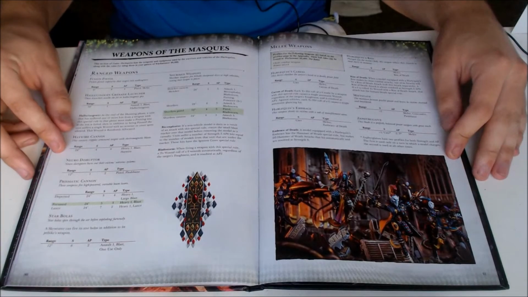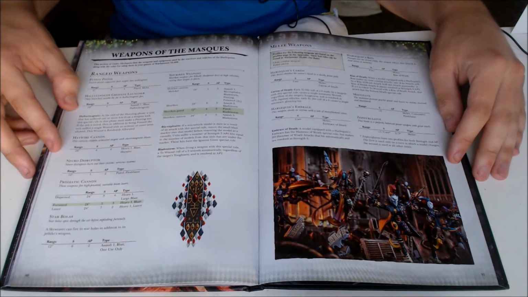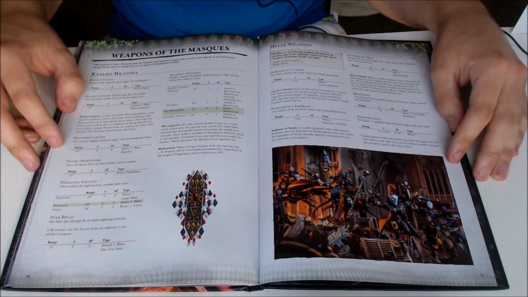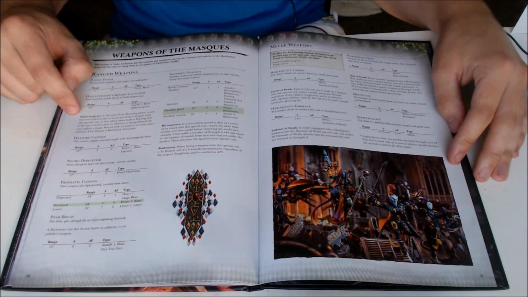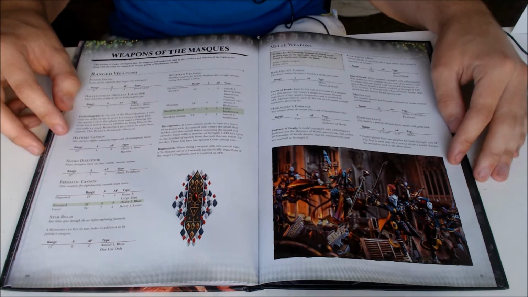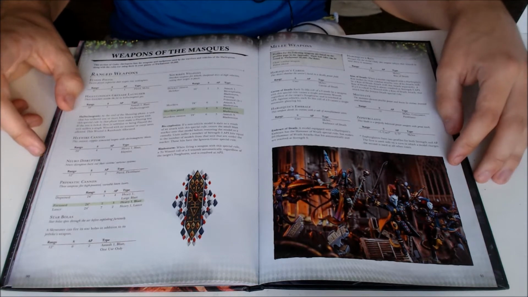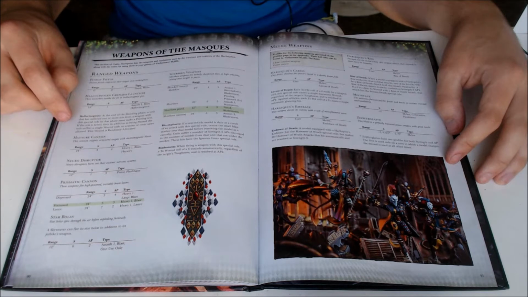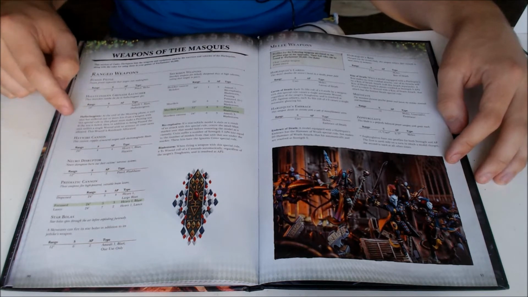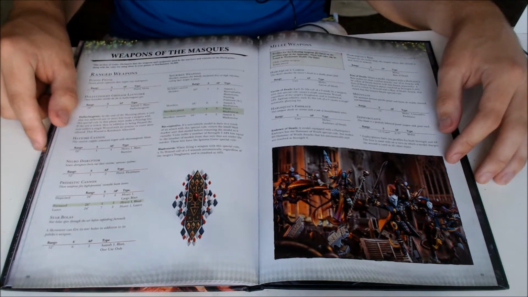Okay, so we are at pages 90 and 91. Let's talk about the Hallucinogen Grenade Launcher then. It's range 18, strength 1, assault 1, blast, hallucinogenic. Obviously strength 1's not the important bit, but the hallucinogenic rule. At the end of the shooting phase, a unit that has suffered 1 or more hits from this weapon, so it's not wounds, it's hits, with a weapon with this special rule in the phase, must make a pinning test. If the test is failed,